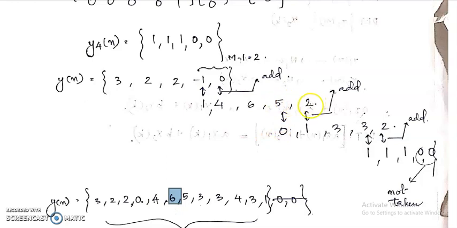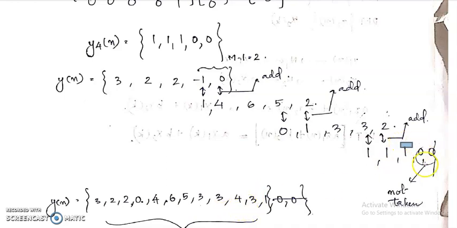Here 5 and 2 overlap with 0 and 1. So we take the summation. 5 plus 0 is 5 and 2 plus 1 is 3. Then we consider the third block. Here 3 is the only free element. 3 is written. And here 3 and 1 are in the same position. So 3 plus 1 is 4. Then here 2 plus 1 is again 3. The remaining element is 1.